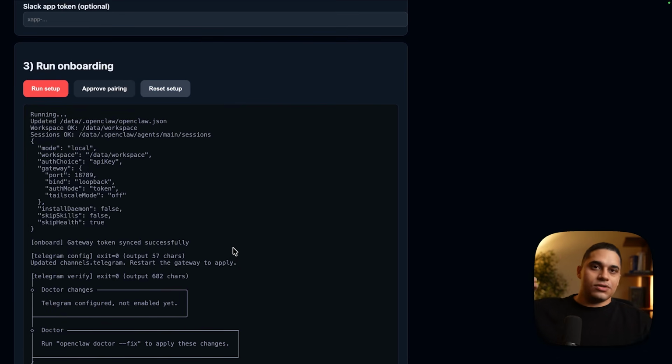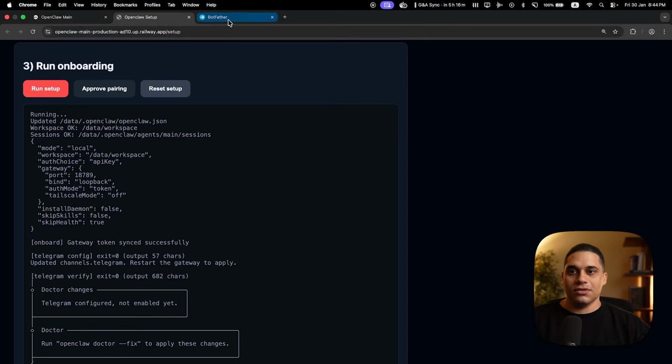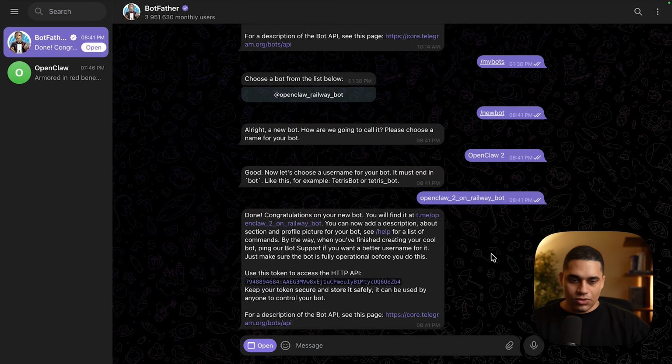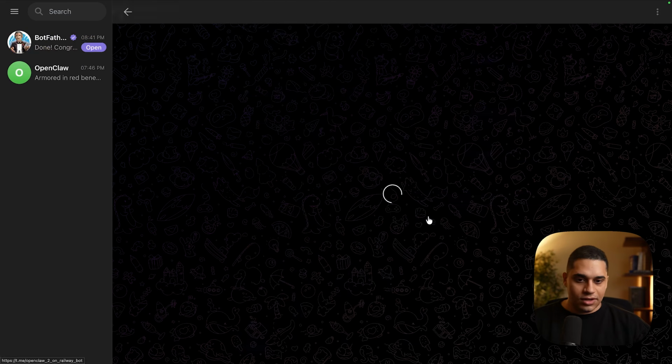And essentially what we need to do, because we have a URL that is exposed, we don't want anyone to chat with our bot. We need to have an approve step, so only the people who are allowed to chat with the bot can chat with it. And to do that, the first thing we need to do is actually just send a message to our bot. And to do that, I can just click on this link